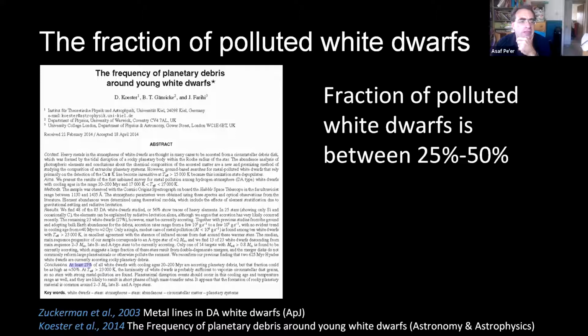Is there a simple way of saying why this cannot be the reason? Again, it has to do with the dredge up, which depends on the convection, and you need to understand what sort of temperature leads to convection and so on. I don't remember exactly what their underlying argument is, but I just know that this applies only to very young white dwarfs, not white dwarfs that are older than, I think, a few tens of millions of years. Okay.